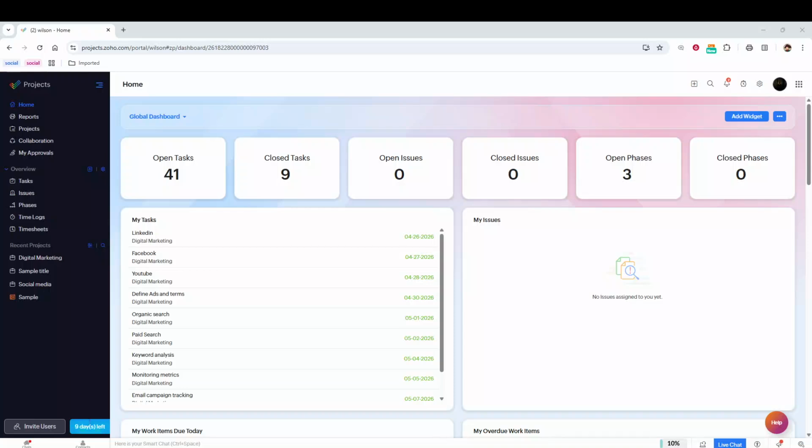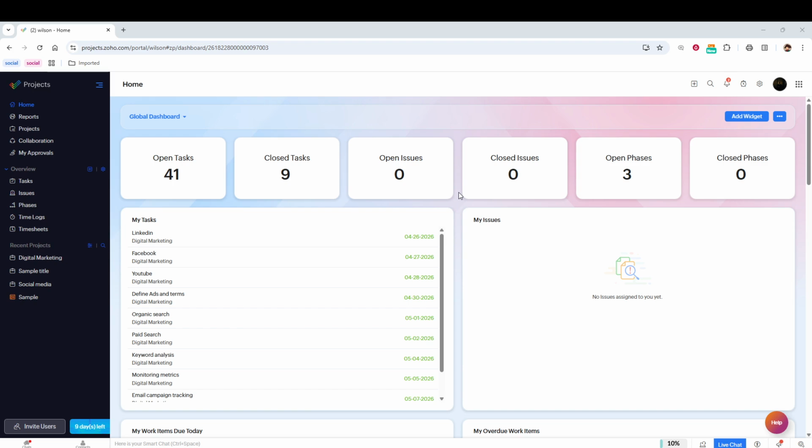In today's video, I am going to teach you how to automatically start tasks in Zoho Projects. The goal here is simple. You will use a blueprint to automatically update a task's start date the moment it moves into an in-progress status. This helps keep schedules accurate without relying on someone to manually fill in dates, and it keeps your reporting consistent